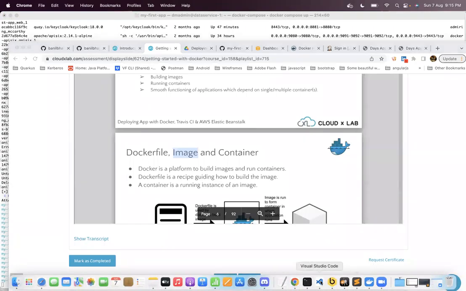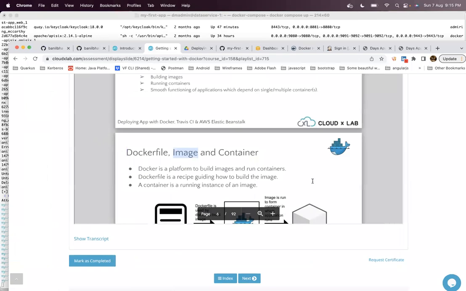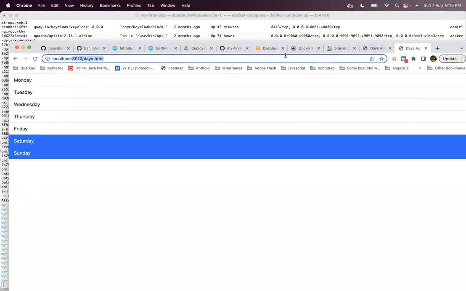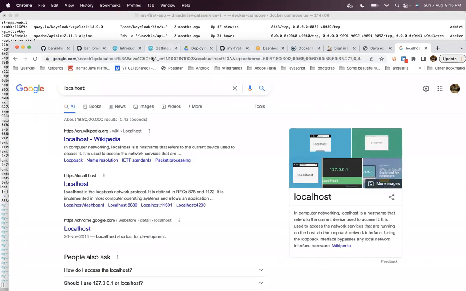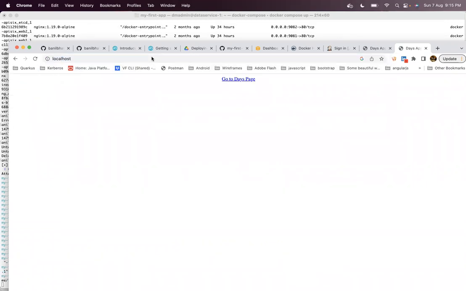In your Docker Compose, what you have mentioned is you are porting it to port 80, so there may be a conflict. Okay, there was nothing on port number 80, so it worked fine.